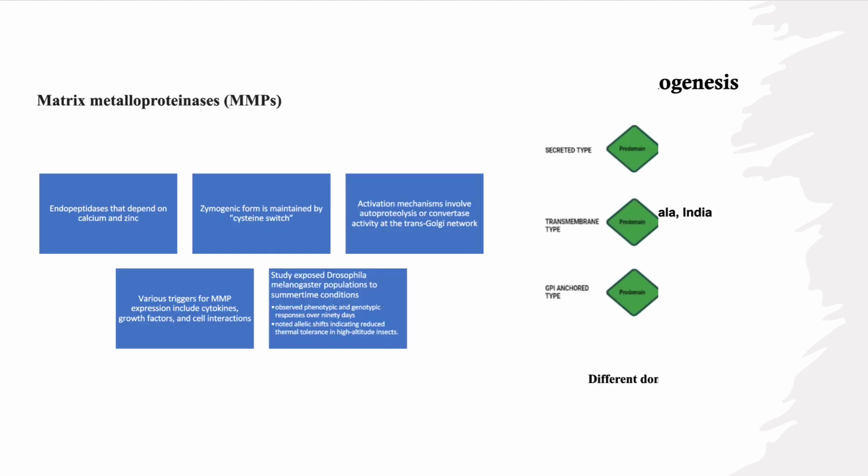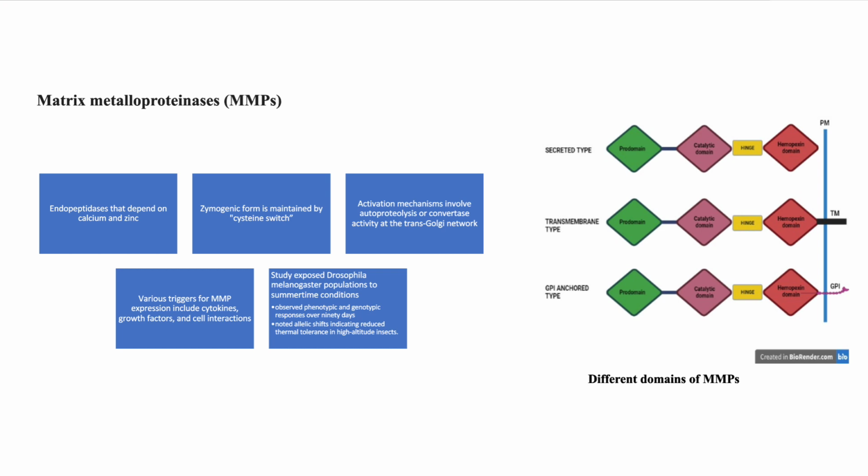Matrix Metalloproteinases, master regulators of tissue morphogenesis. The matrix metalloproteinases are a class of zinc proteases that aid in the breakdown of most of the ECM constituents. Additionally, MMPs play a part in processing elements that affect inflammation, cell development, and proliferation. The zymogenic form of secreted MMPs is maintained by a mechanism known as the cysteine switch, which is controlled by an invariant cysteine residue that serves as a structural support for the enzyme's latency by ligating to the zinc ions in